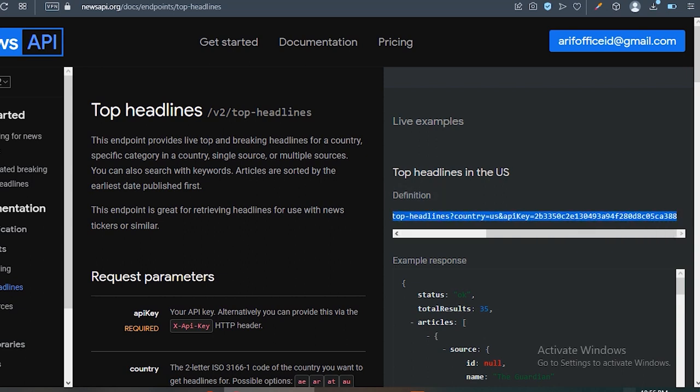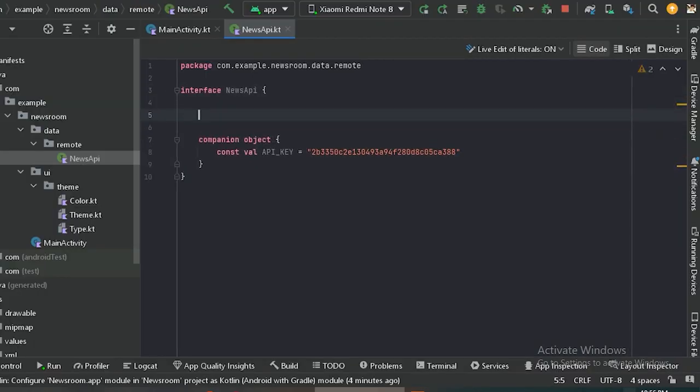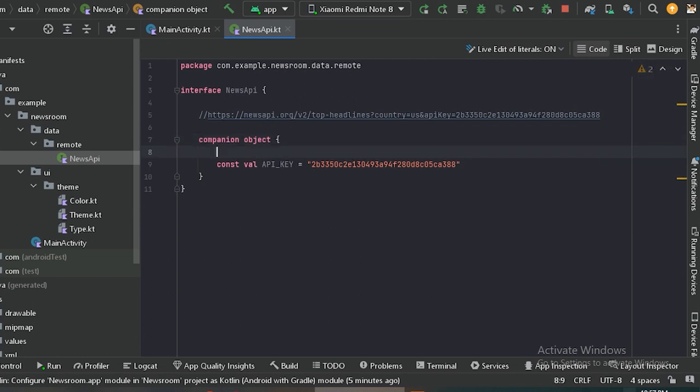So first let's copy this URL and go to that file, and here let's comment out and paste that URL. So here we can see this part is called base URL. What that base URL means is that you need to put this part with every request. So what we will do is copy this base URL and make a constant,